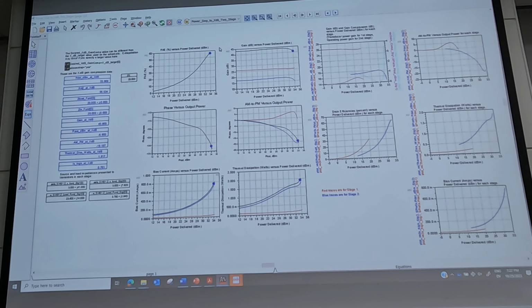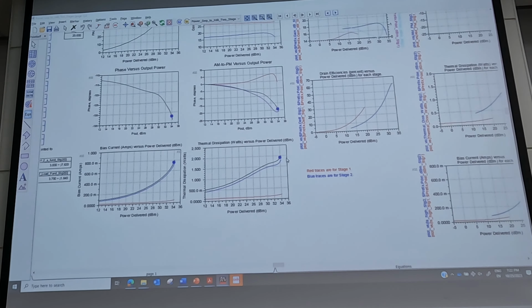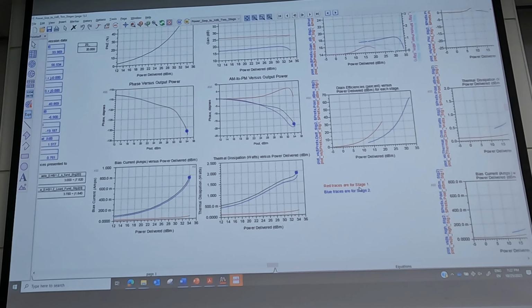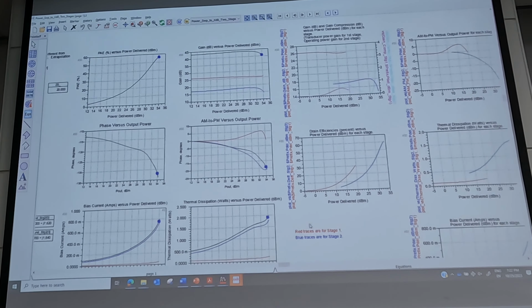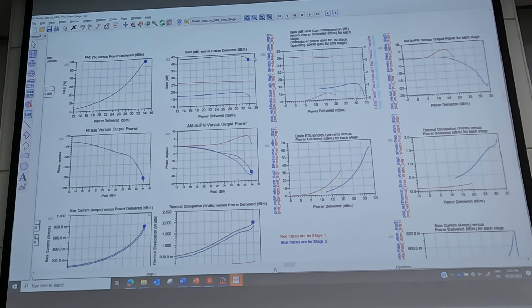overall power output, efficiency, phase versus output power, bias current of each stage. You can look at the thermal dissipation of each stage, the AM to PM distortion versus output power, as well as of each stage. So the red traces are the data from the first stage, the blue is the data for the second stage, and the black is the overall.